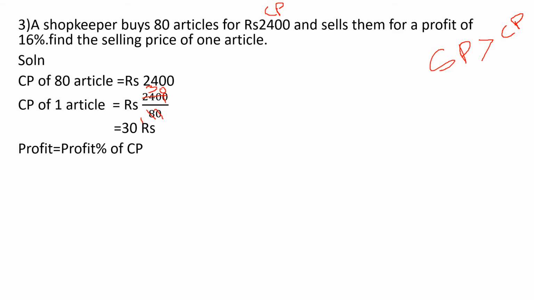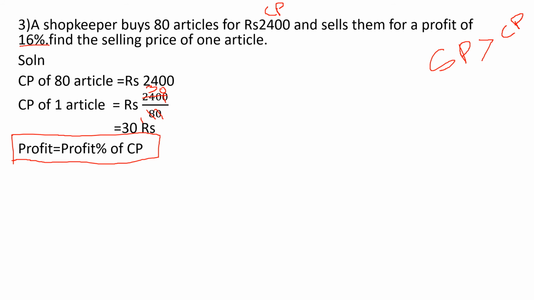Now, in the question, profit percentage is given. So, what is the formula to find out profit? These formulas we learned in your smaller classes. I told you, in the last page, you have to write them down. What are the formulas you have learned? Increase percentage, profit percentage, then discount, then discount percentage. So you can write this formula also: profit is equal to profit percentage of CP.